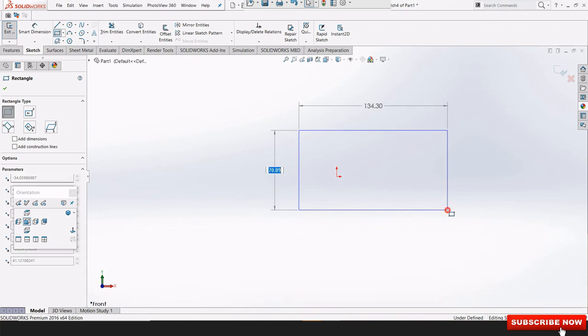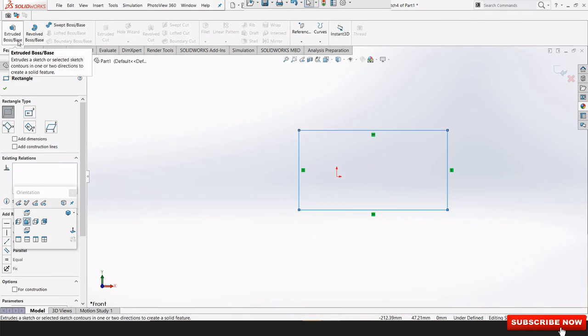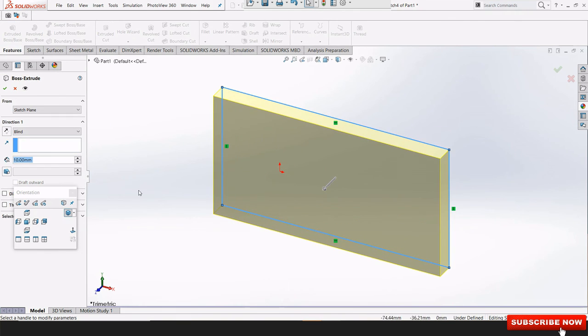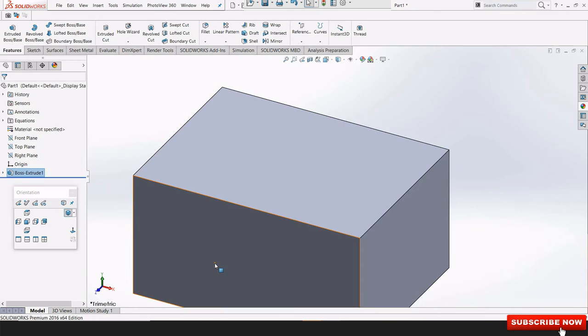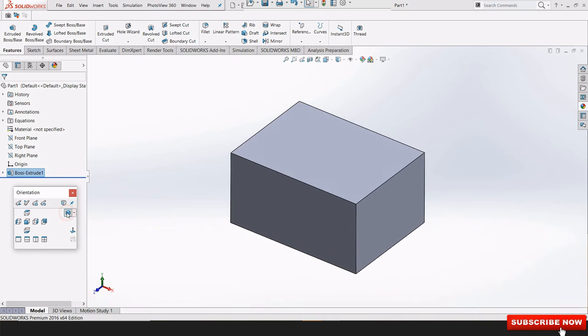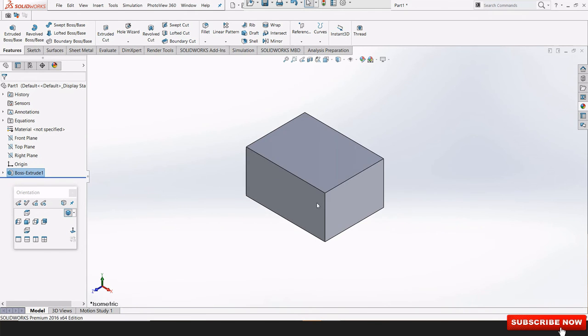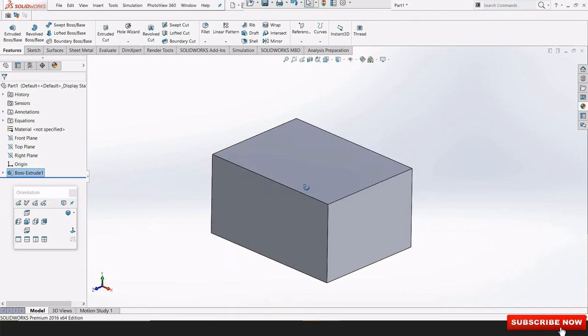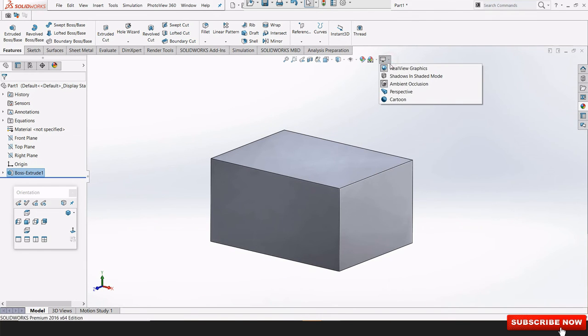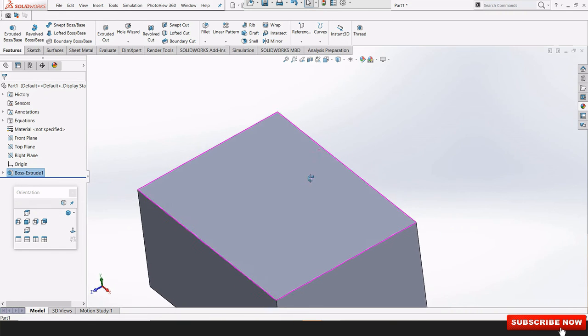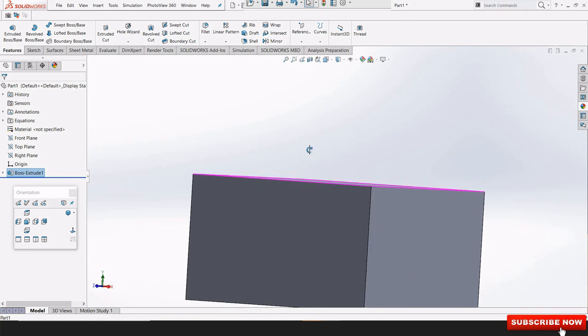Rectangle feature. I want to extrude this with 100 dimension. Then we will get this one. I want to see the orientation. Then we have this real view graphics. We will get a very shiny surface from real view graphics. Otherwise we will not get any shiny surface.